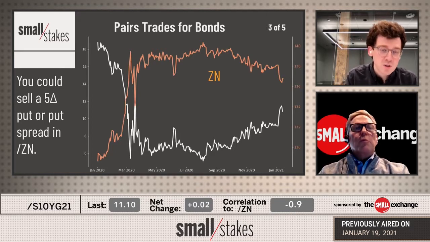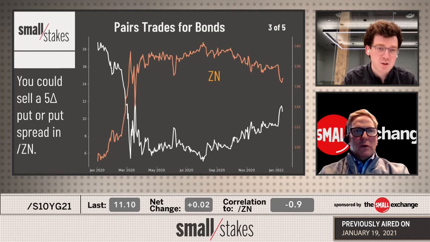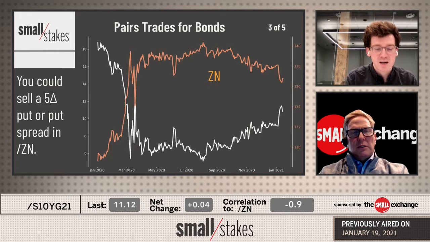You can go to 10-year Treasury futures, /ZN to a lot of people, and you can sell a put spread or a put against that long in S10Y. Now, it seems a little counterintuitive. Why would I be getting long deltas with the short put or put spread in ZN against my long S10Y? Pete, if you are back with us, maybe you can go for that.